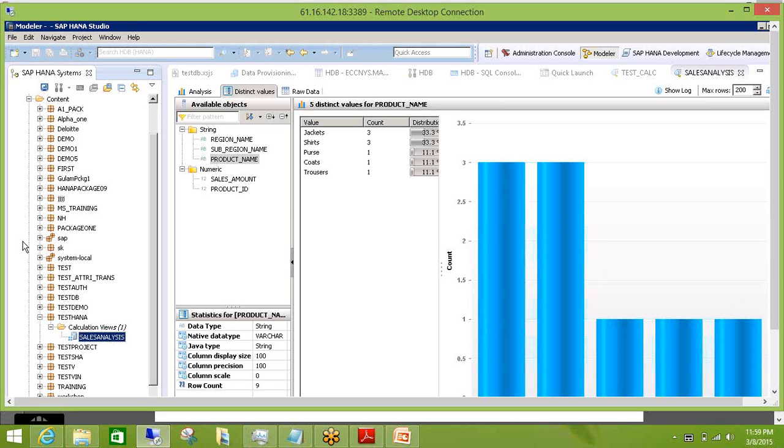When you are talking about moving objects from dev to quality to prod, SAP has now provisioned for leveraging CTS Plus to transport the objects automatically rather than the manual process of export and import, because there might be versioning issues, and you can import the wrong version and mess up your data. So instead of relying on the manual process, SAP has tried to automate the process through CTS Plus.